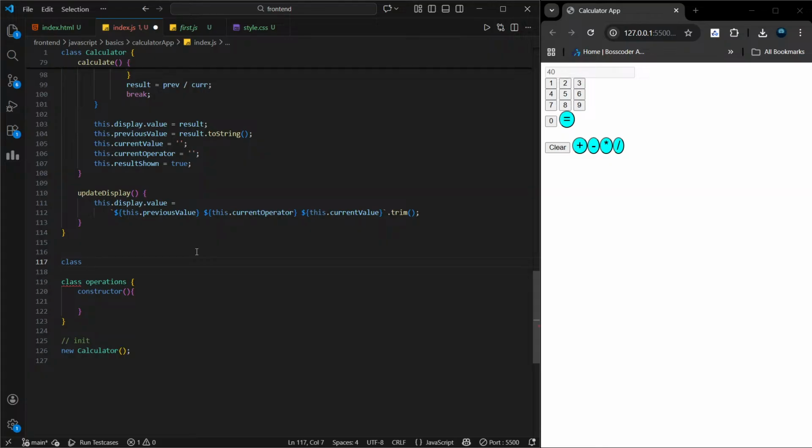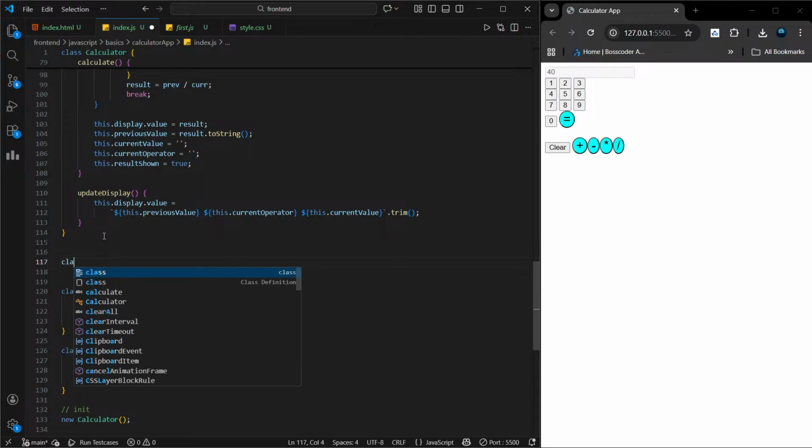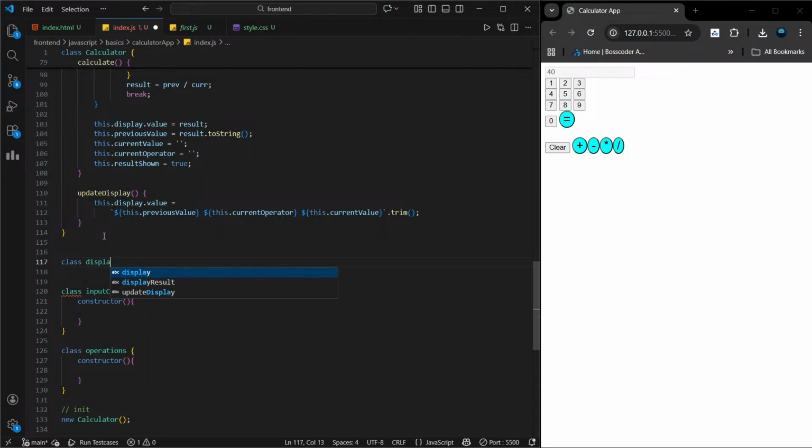तुम उसे कुछ स्पष्ट नाम दे सकते हो, जैसे इनपुट हैंडलर या इनपुट कंट्रोलर। इसका काम बस यूज़र इनपुट लेना और उसे सही ऑपरेशन या स्टेट तक भेजना होगा। इस तरह सबकी जिम्मेदारी साफ साफ बन जाएगी। ओके, मैंने एक को नाम दिया है इनपुट कंट्रोलर। नाउ नेक्स्ट हमारा होगा डिस्प्ले। तो डिस्प्ले के लिए क्या नाम दूँ? डिस्प्ले कंट्रोलर।